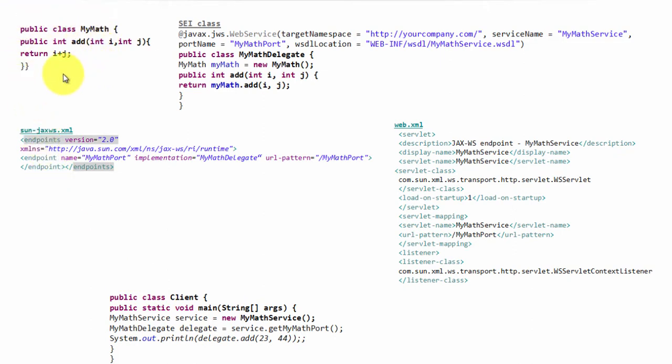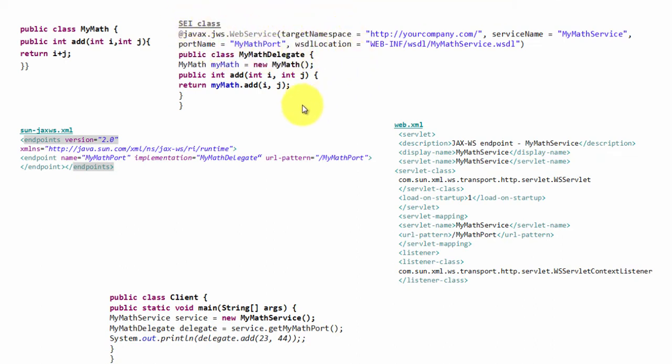This is the program written by us for adding two numbers, and these files are generated by MyEclipse on the server side.